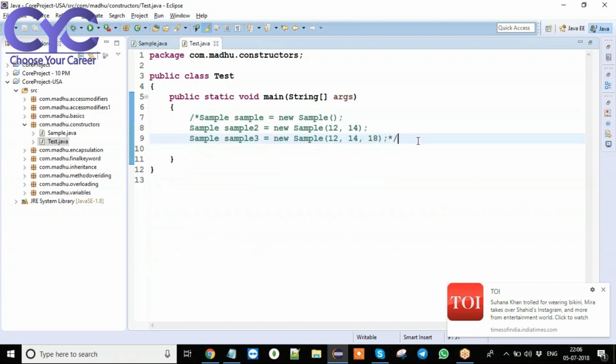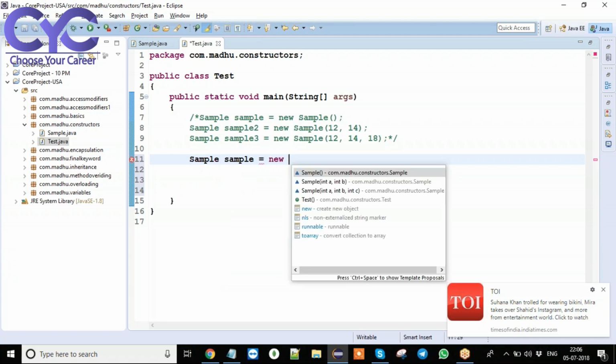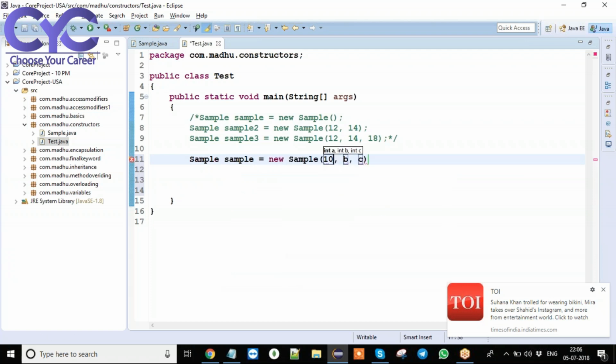Now see here, I am creating an object for our class Sample. Sample is equal to new Sample of 10, 20 and 30. Now program execution starts from where? The main method, right?